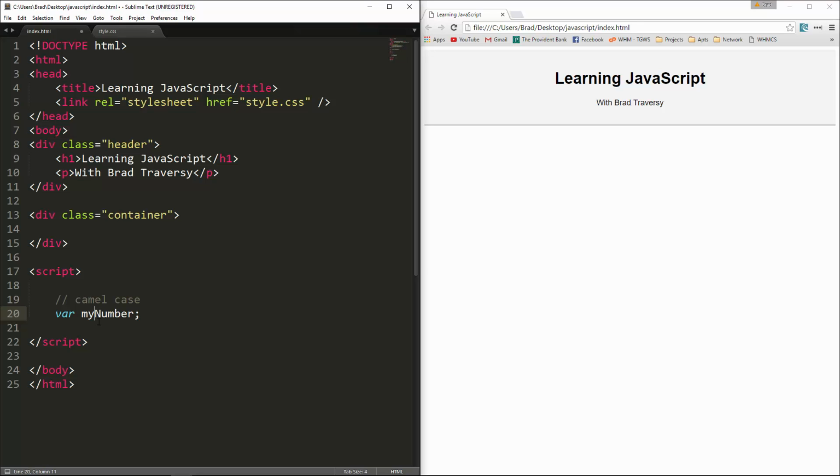We'll start with an uppercase. So this, let's say my favorite number. Okay, so that's camel case. We also have something called partial case, which is very close to camel case, except the first word is also in uppercase. Alright, and then we also have the underscore style, which would be var